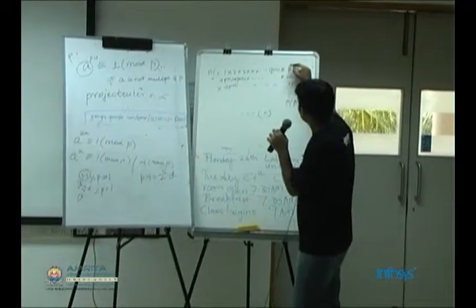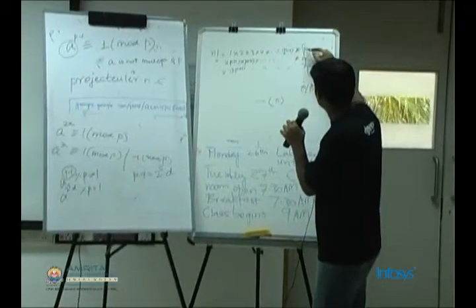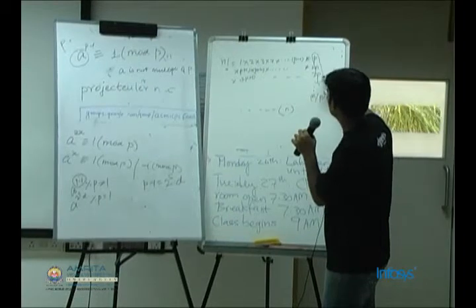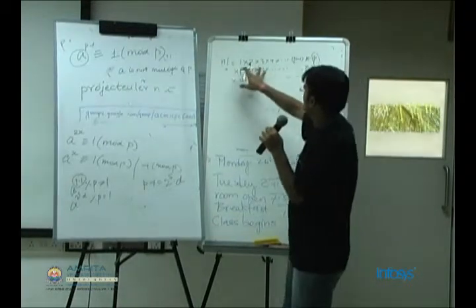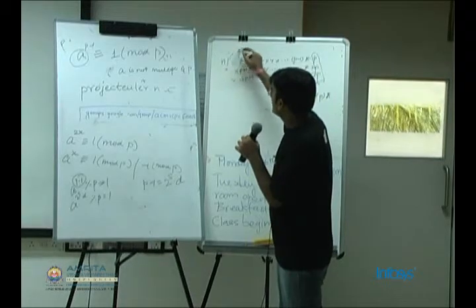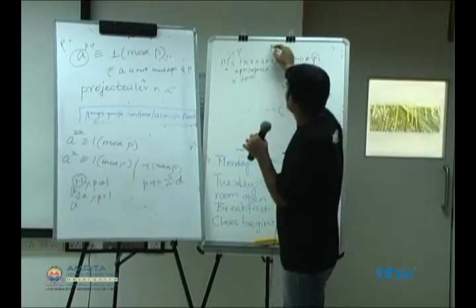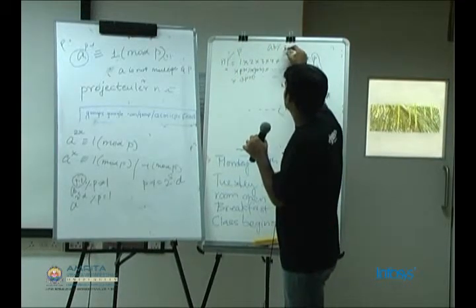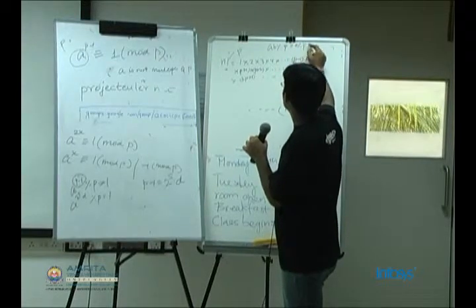Now if we neglect this section, which is a multiple of p, we're left with this. Since we want to calculate mod P, and we know that AB mod P is equal to A mod P into B mod P,